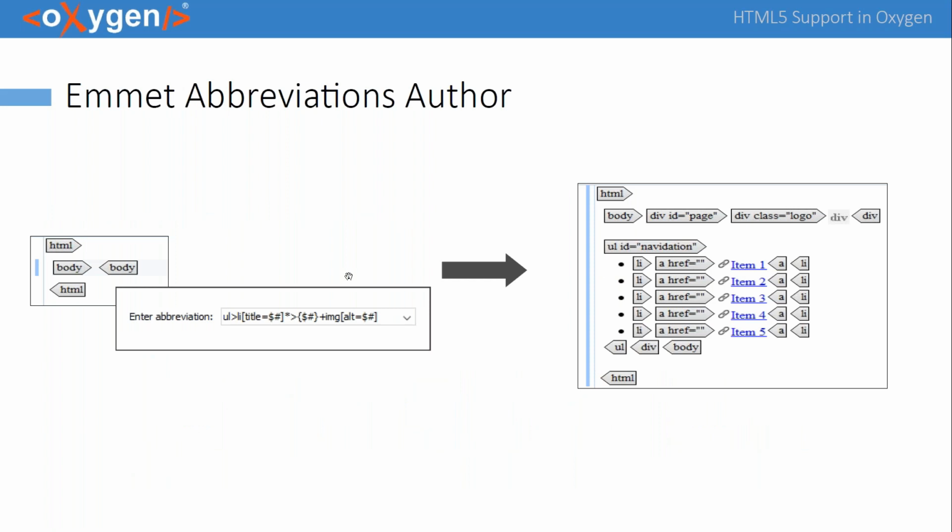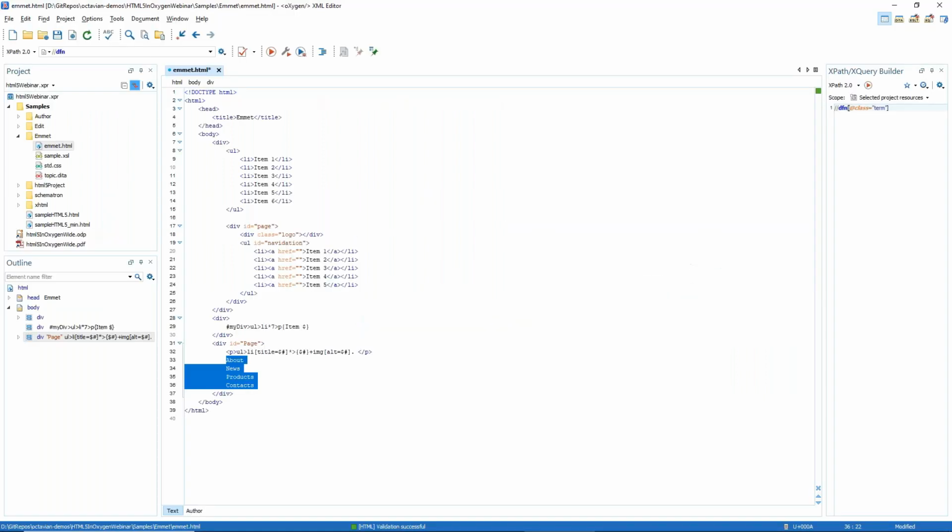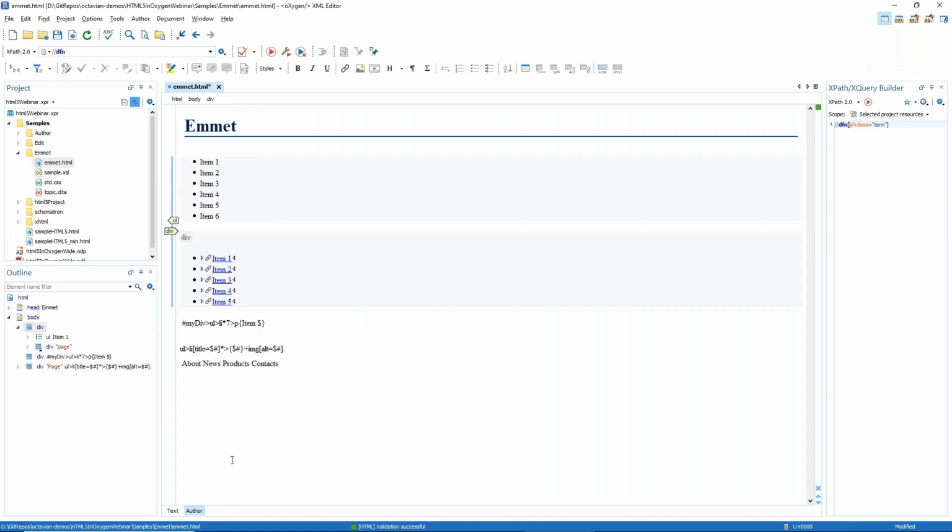The Emmet abbreviations are available also in the author page. So you can generate content also in the author page using these two actions, which are similar to what we have in the text page. So if I switch to author here, I can